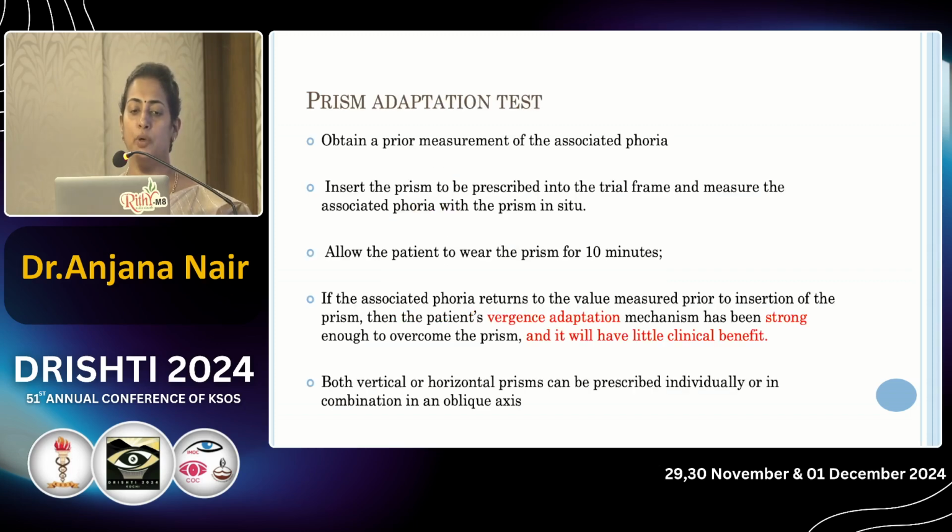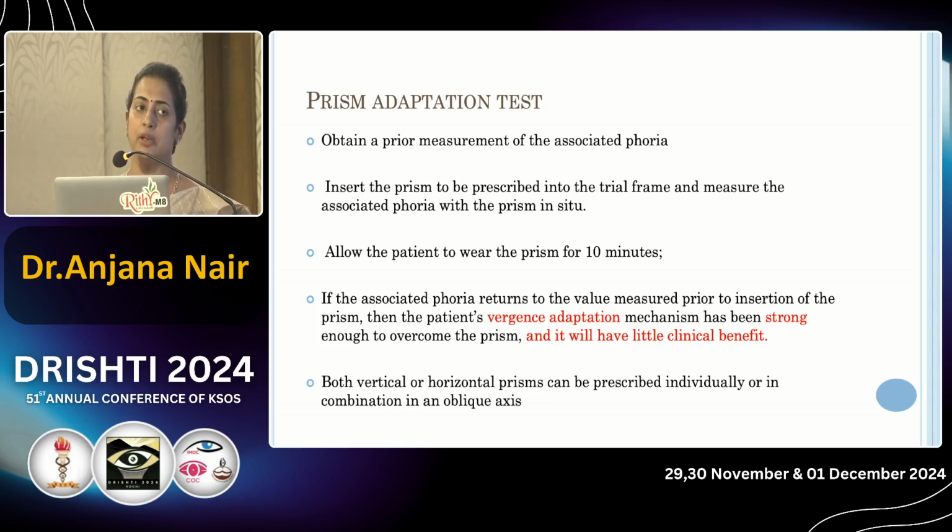Then how do you do a prism adaptation test? Now you should have obtained a prior measurement of the associated phoria. Then you place prism in the appropriate base direction in the trial frame. Then reassess the phoria and give the patient an adaptation time of 10 to 15 minutes. After the adaptation time, you